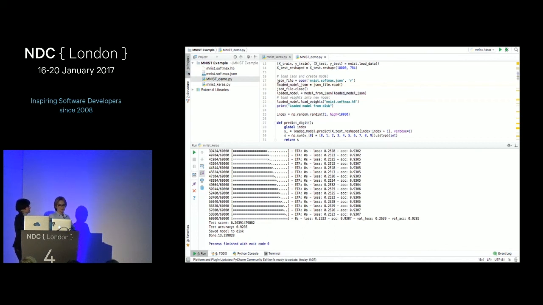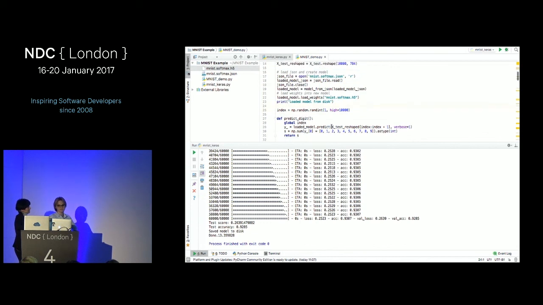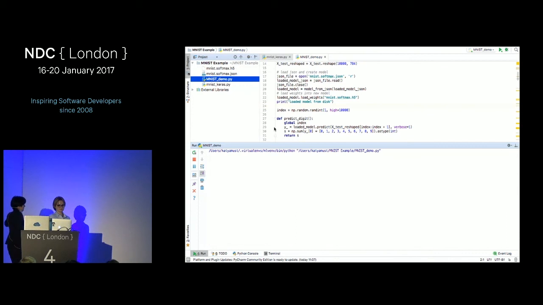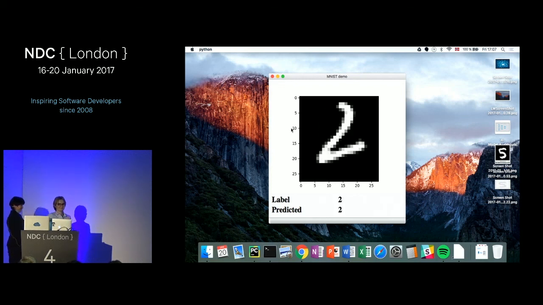So what I do here, I load my model. I saved my model in a JSON file and an H5 binary file. I load my model in here. And then I just select a random image from my test set. And then I visualize that label and visualize what data was predicted. Doesn't that look something like that? Yay, that's live digit recognition in Python using TensorFlow and Keras. But we are not done yet.